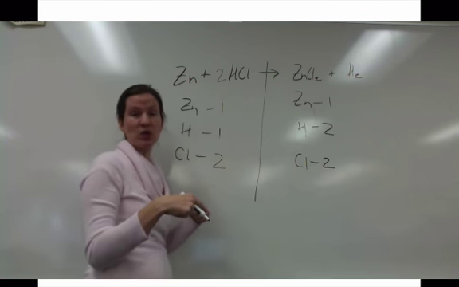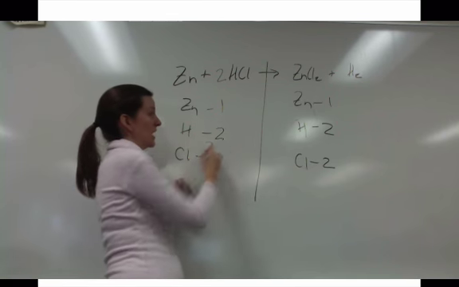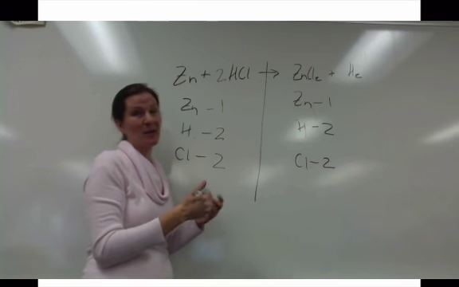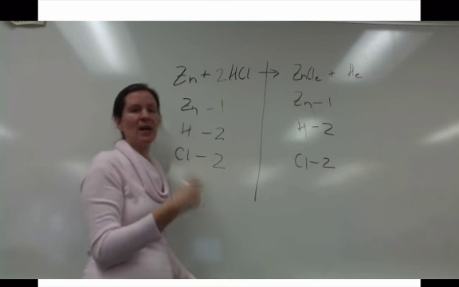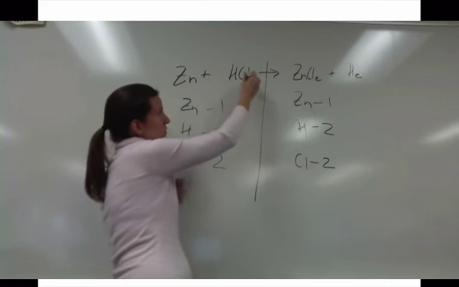Now it doesn't just affect chlorine because it's bonded to hydrogen, so I also end up with 2 hydrogens. If you look, that's a good thing because now all of them are equal and my game is over. Now be careful. Potentially with this equation, you look at this and you say, I need 2 chlorines, and you